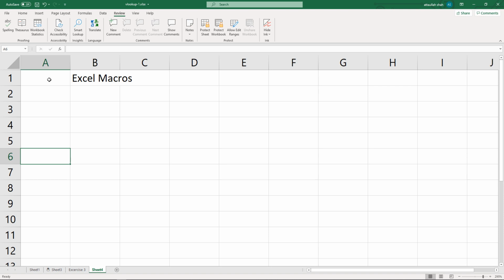Before going into the details of macro, first make sure that in the menus you have a menu called developer. Right now we don't have a menu that is developer.